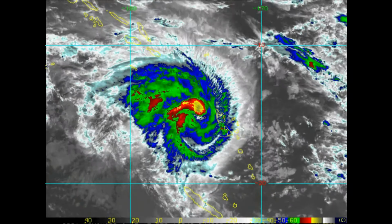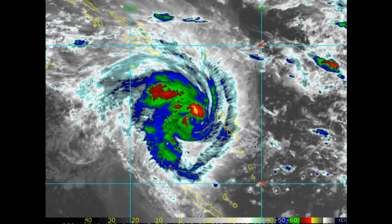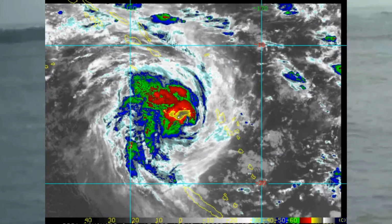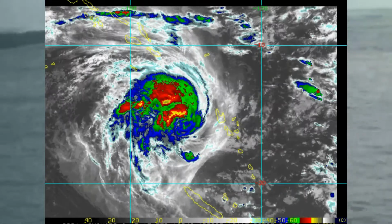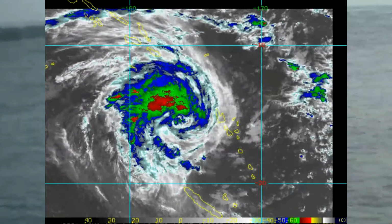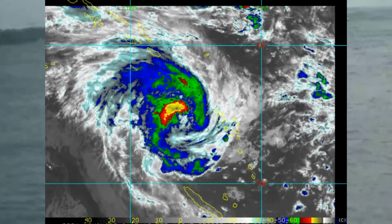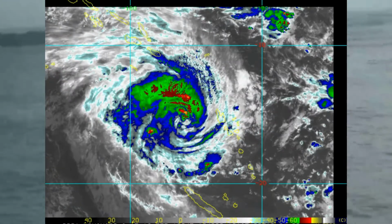FOAC intensity estimates at T1.5, 25 knots, due to the ASCAT image that shows 35 to 40 knot wind barbs. In the hours since the ASCAT pass, the system has changed very little in terms of structure. Environmental analysis shows that the system is in an unfavourable environment, with moderate to high 25 to 30 knot vertical wind shear,